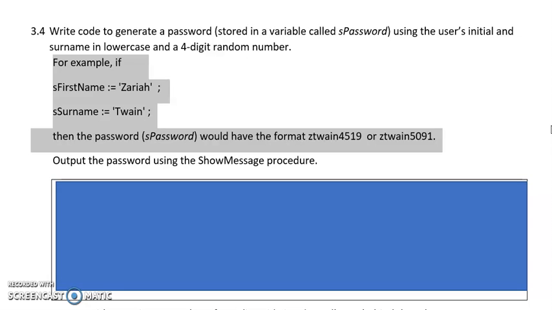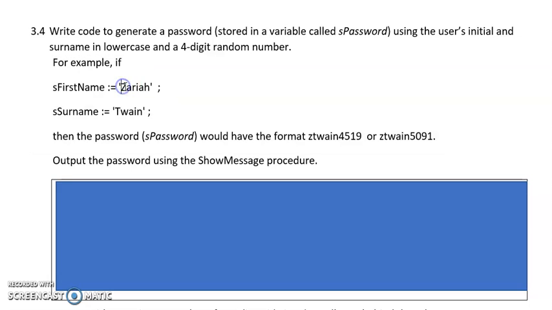So often we add on random numbers, and you'll see that in Gmail addresses as well, because you know what it's like when you ask for a particular email address that's been taken, so they just add on some digits as alternatives. Okay, so first things first, I've got to get the first character out of